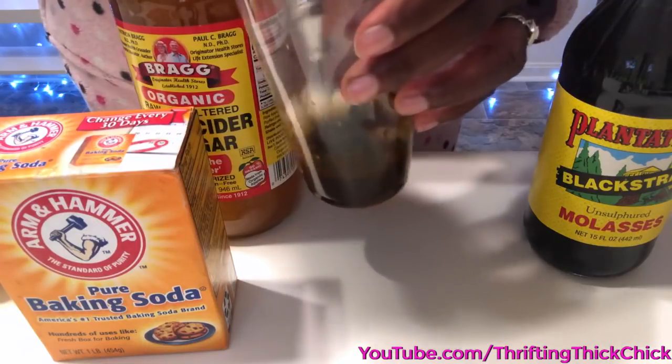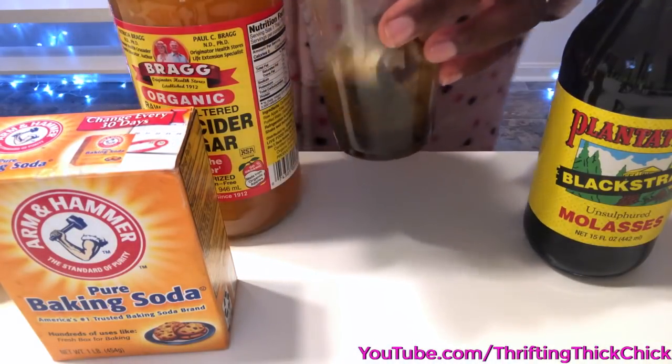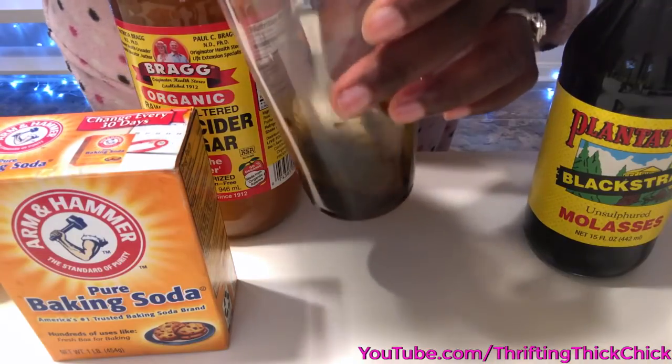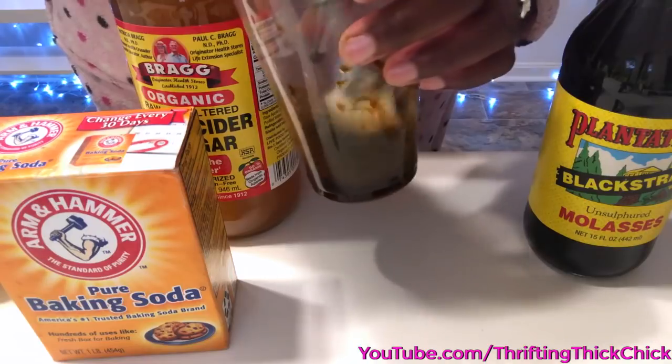This almost tastes like you're drinking some lemonade without a whole bunch of sugar. It does not taste bad, at least not to me. If you can drink black seed oil, you can drink this. Let me just tell you that. I still drink my black seed oil, as I said, but this right here, baby,